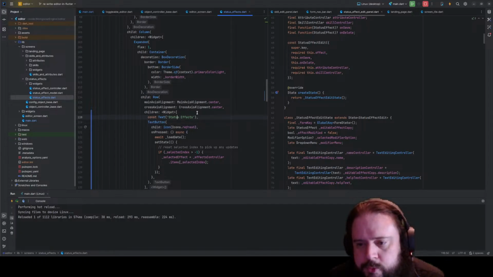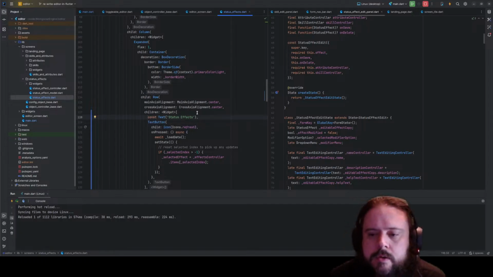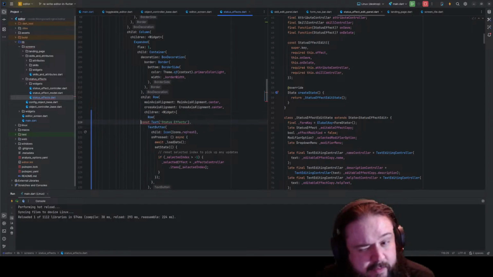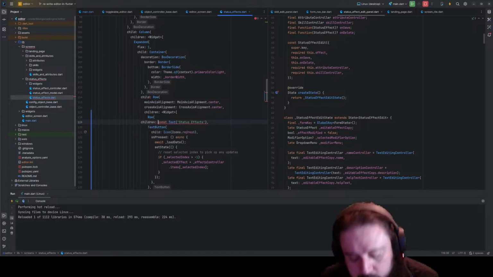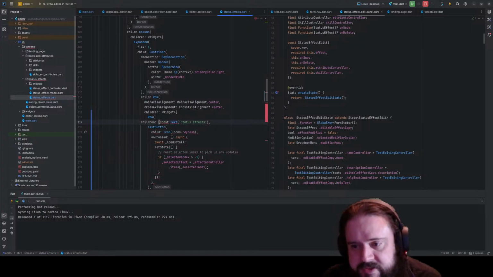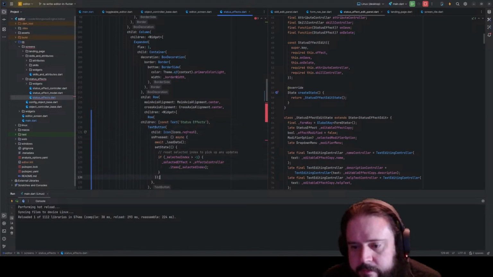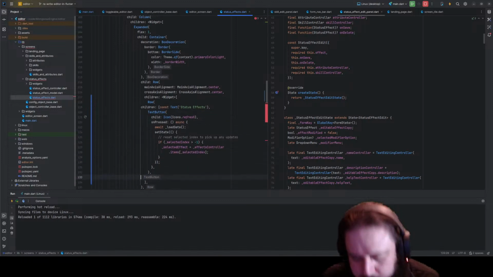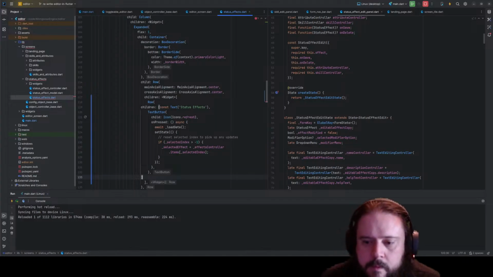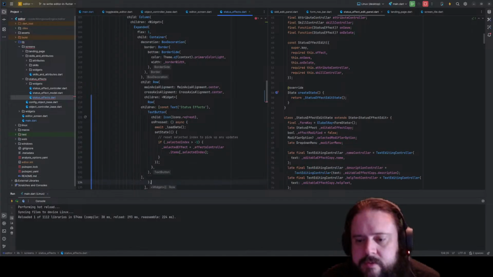I would have to put this inside of another row. So the first row just centers this guy. And then within that,